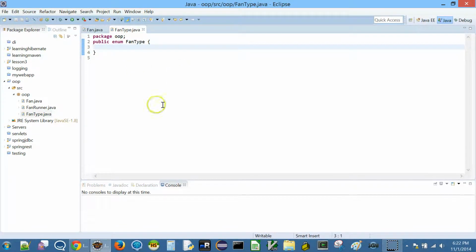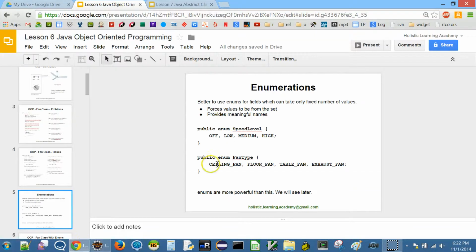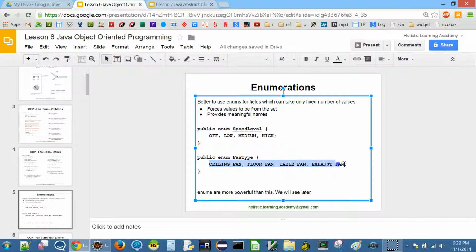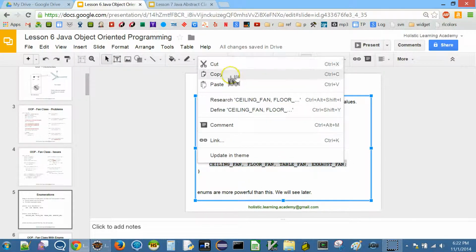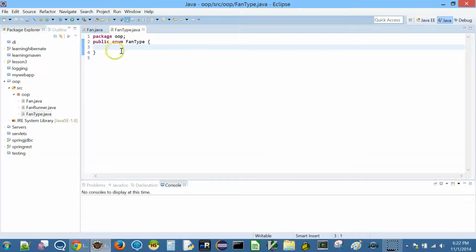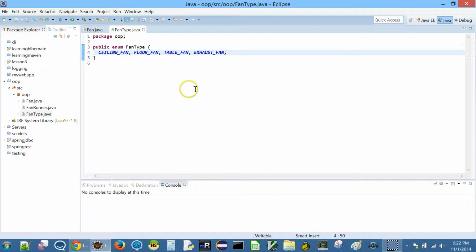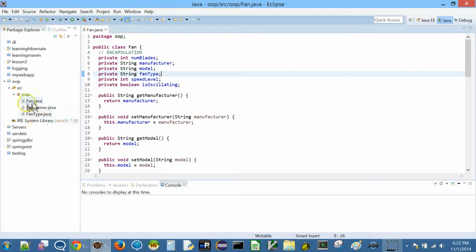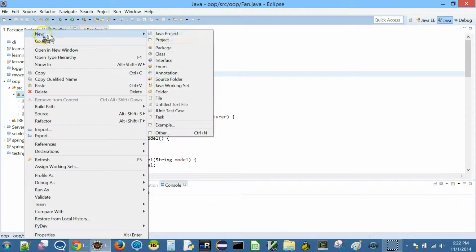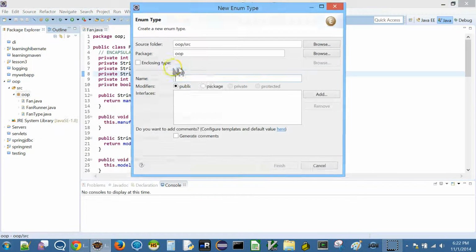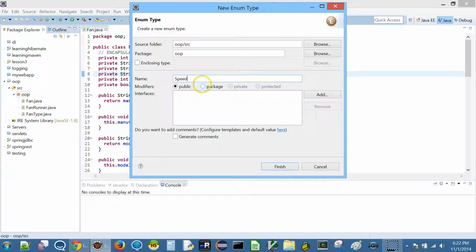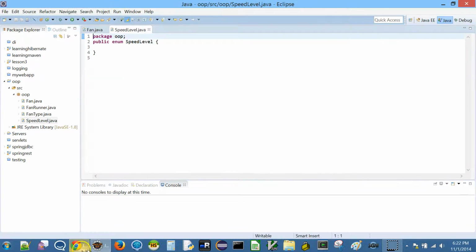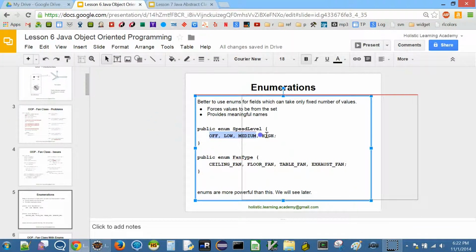And for now I'm just going to copy paste all these 4: ceiling fan, floor fan, table fan, and exhaust fan, and then put it here. Save this one. And similarly, I'm going to create a new enum called SpeedLevel. All right, and let me just copy paste this one.